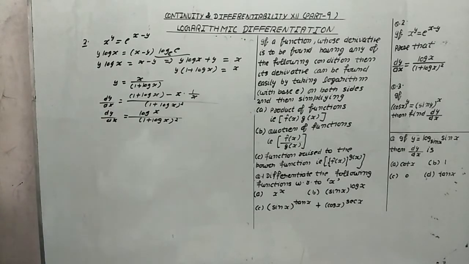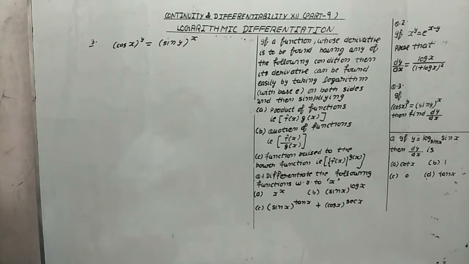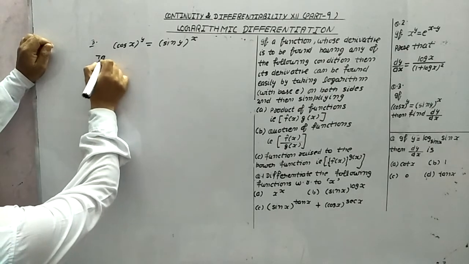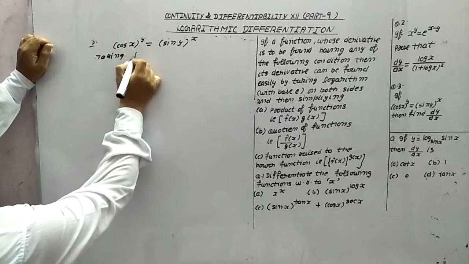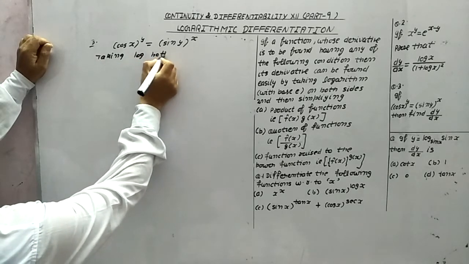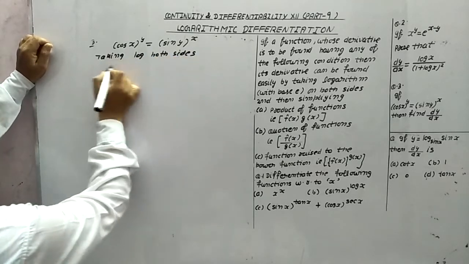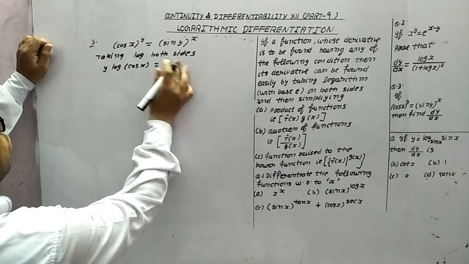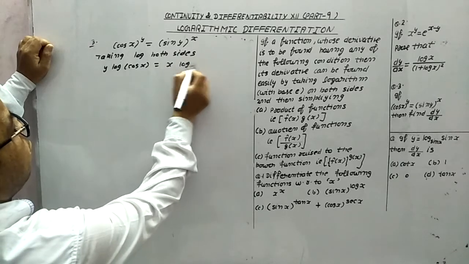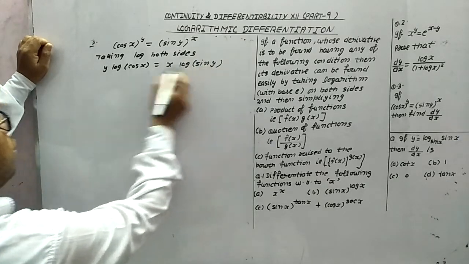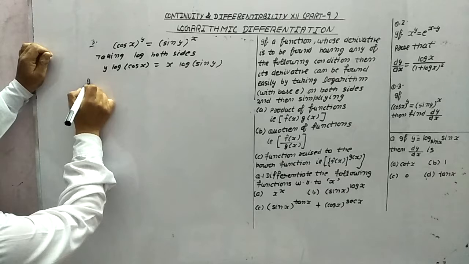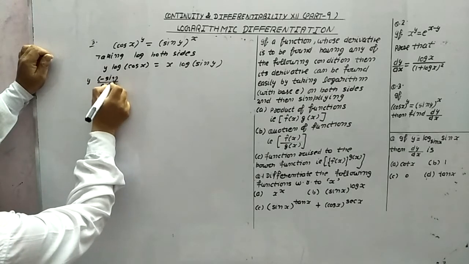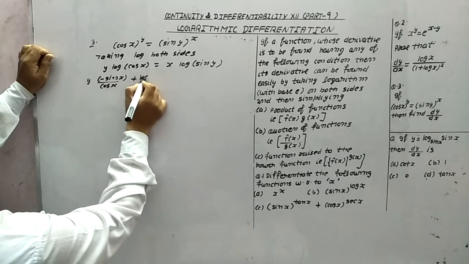Now let's start with question number 3rd. Now in this question number 3rd, we have given this thing and find dy by dx. Now first of all, taking log both sides. When you take log both sides, then what will come? It will come y log cos x, and this is x log sin y. This will be this part. Now differentiation with respect to x, it means y. What is the differentiation of this? Cos x, and this is minus sin x, and plus log cos x.